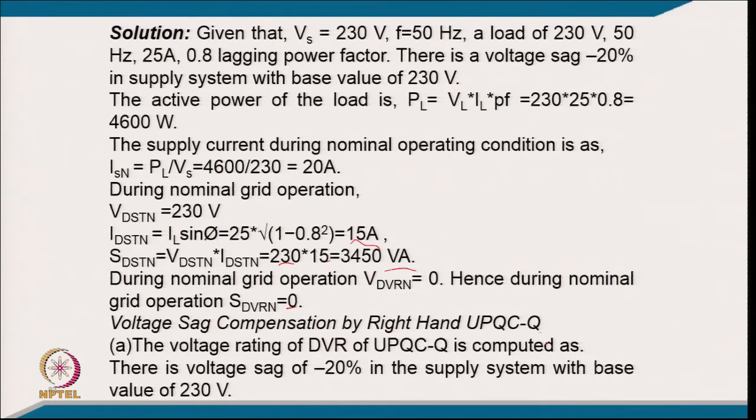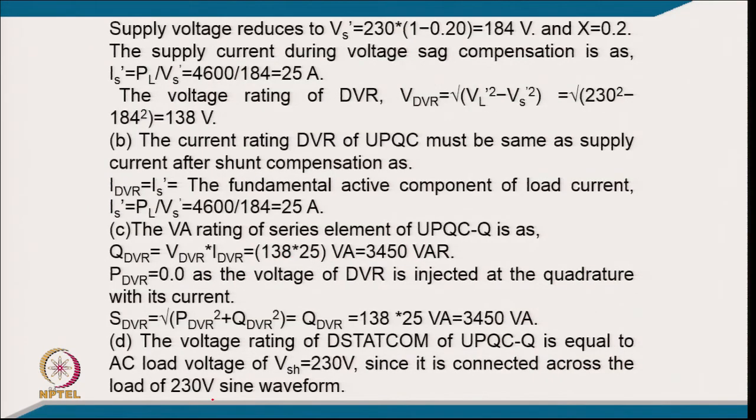So, the voltage rating of UPQC is computed. There is a voltage sag of minus 20% in the supply system with a base of 230 volt, and the supply voltage reduces to, with 20% sag, 184, and X is 0.2. So, we can now calculate the supply current, because power is the same, 4600 divided by 184. So, current on the supply becomes 25 ampere, and the voltage rating of the DVR you can calculate is